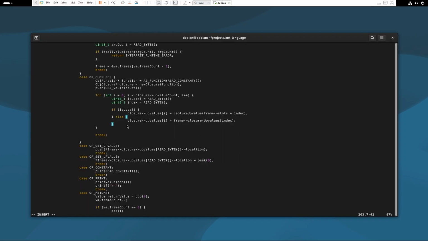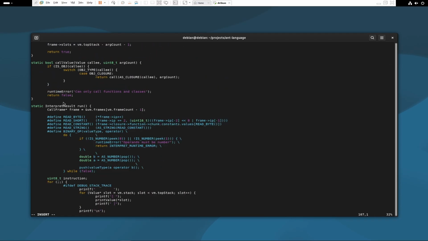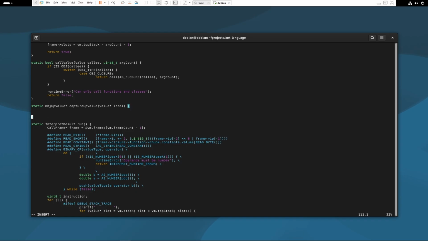So let's implement that function. So let's go here and static object upvalue captureUpvalue, with value and local, or you can name it location, local, whatever. So I will